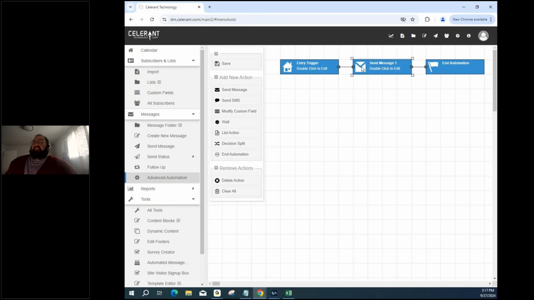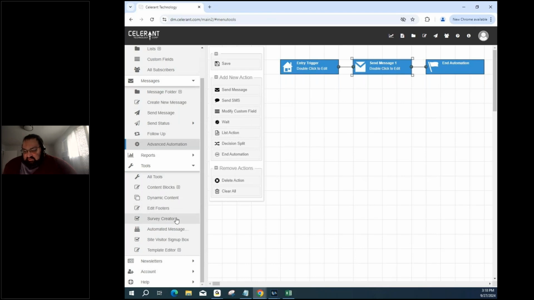Having that initial email there keeps everything top of mind. It's not one of those things where people sign up and then don't get an email from you until you decide to send one out two months later, and they're like, I don't even remember what I signed up for. This ensures that, one, it's automated, so it's always running in the background, and two, that they get an email immediately, so they're familiar with you. It's not something that's going to go to their spam folder. They know they signed up for it, so they're expecting it, and it's top of mind. And then we also have other automations as well